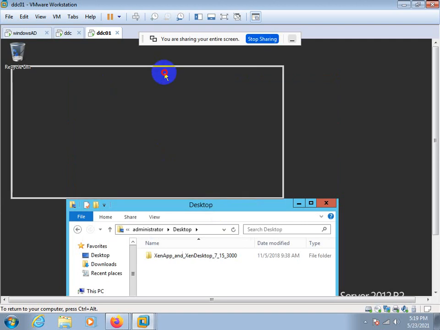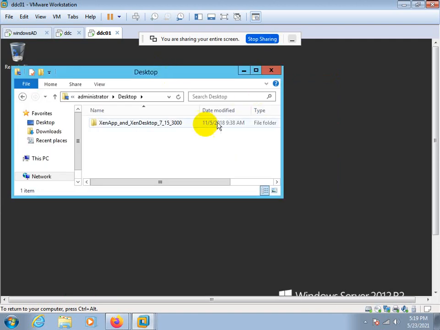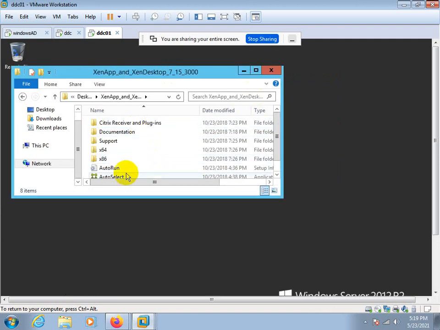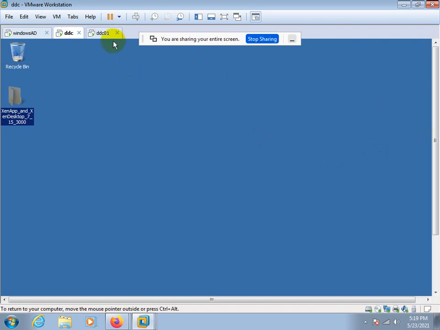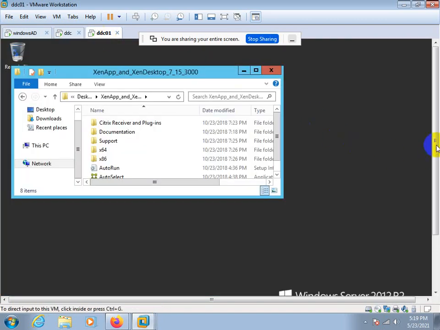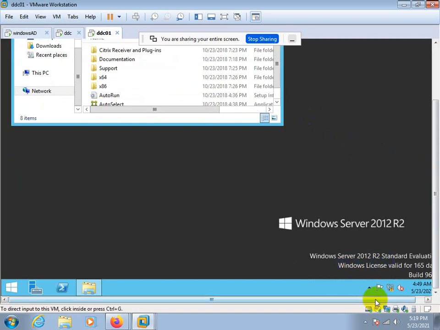In 6.5, maintenance mode is not there. In 6.5, apart from maintenance mode, one other service is there. Can anyone tell me the name? It's enable logon or disable logon, something like that.